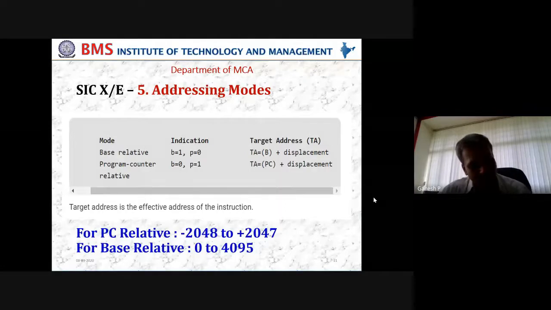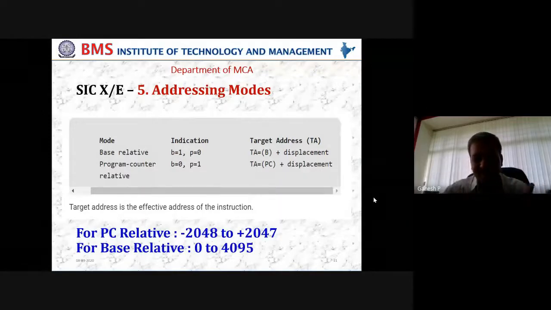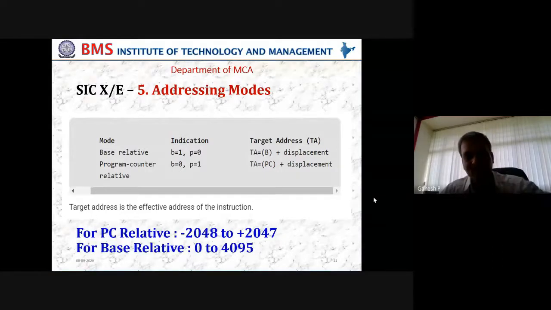That means you are moving from, just to give an example, some C drive to D drive. You are going beyond the boundary. So plus 2047 is within the C drive, but I want to go to the D drive, let us say. I have no control now. I cannot go. I'm just giving an example of C and D drive, to help you understand how the data is going to be accessed. In practice, you cannot move from C to D drive like this, but I'm giving an idea of how PC relative and base relative can be distinguished.